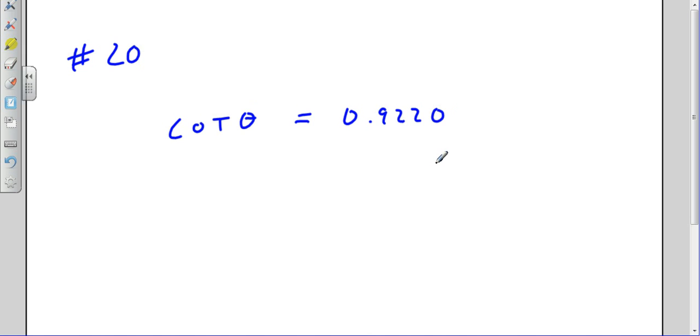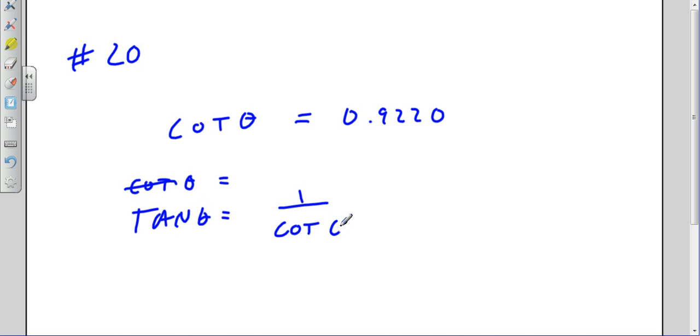Okay, well, I don't have a cotangent button on my calculator, and I definitely don't have an arc cotangent button, but the tangent of theta is equal to 1 over the cotangent of theta, which would be 1 over 0.922. So the tangent of theta, 1 divided by 0.922, is